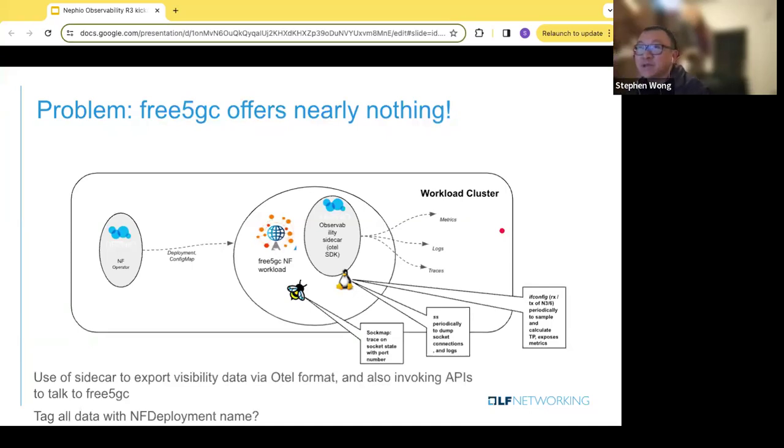It could simply be a sidecar that pulls Linux statistics off of your pod. A sidecar is obviously a container within your workload pod, and specifically for 5GC, your network function only has one pod, each of them only has one pod. That sidecar lives in the same localhost. They can talk to each other using the localhost. They share the same network namespace. So over there, there's a variety of Linux tools that you can use that would be looking at the same network namespace, and that would allow us to get information like, oh, what kind of sessions are there? There's a set of socket connections that are in place, and